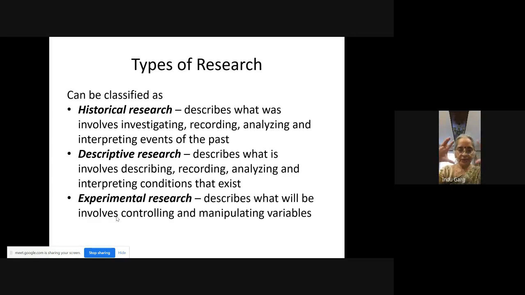Experimental research: you conduct your experiment and you predict for the future that in every condition this will happen. Now, with that same example, when you realize that 50% of your class cannot read, you design a program of reading. This is how I'll help my students read. Maybe break up the words, maybe ask them to read continuously, maybe they will understand, they may read better after a certain practice, or maybe if I make them practice twice, thrice in the class and ask them to practice after school also, whatever.